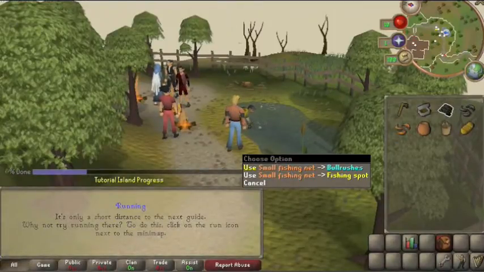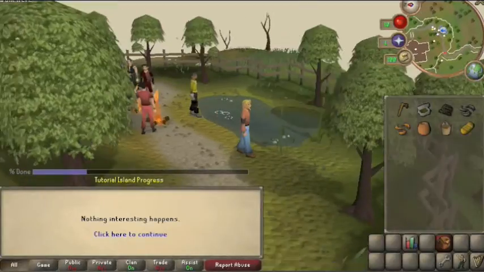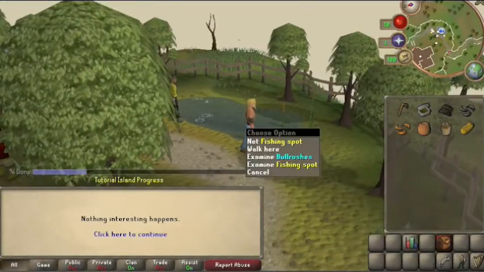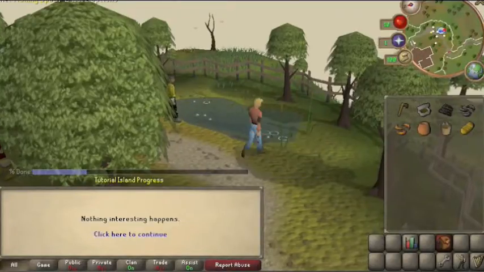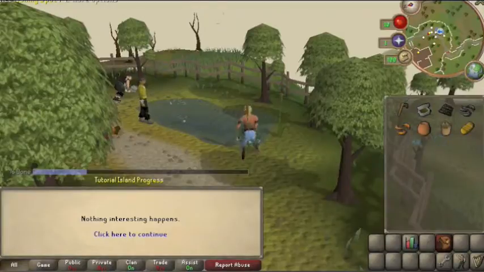Then, of course, my character right here is going to fish and get fish, chop down a tree, and build a fire and cook over it. So those would all be things that I would be looking for while I'm grading a game.